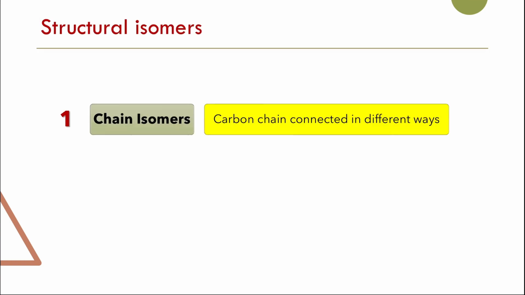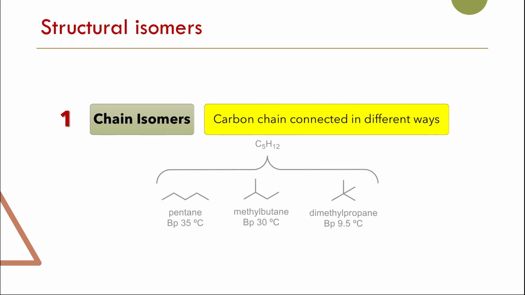So let's start off covering the structure isomers in more details. So the first type of structure isomer is the chain isomer. So these are compounds which have the same molecular formula, but the carbon chain connection is different. So basically, if we have something like